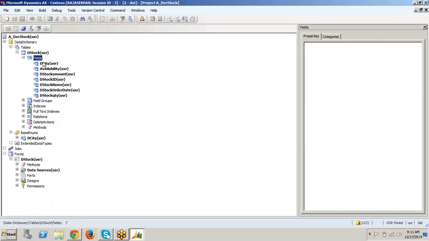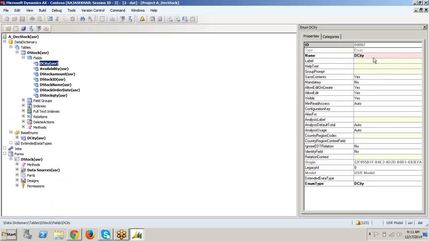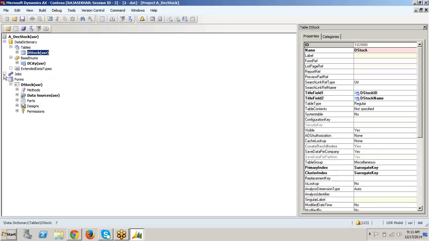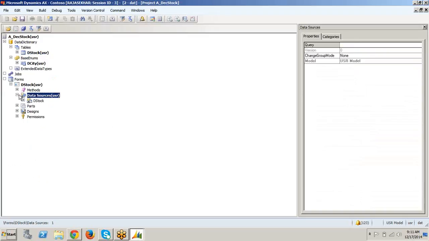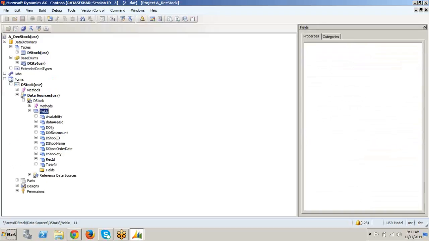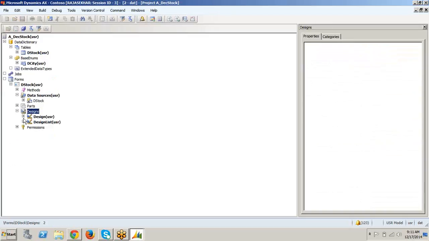Okay. Here in the DCT, you can see the name is DCT and the enum type is our enum type that we have created, DCT. Previously for the checkbox, that is a system defined, NoYes, we have given the NoYes. But for this, we have created our own enum, our custom enum, that is DCT, that has been displayed here. So that we have placed into the table and we have restored the database, we got into the data source fields, DCT, and we have dragged into the,